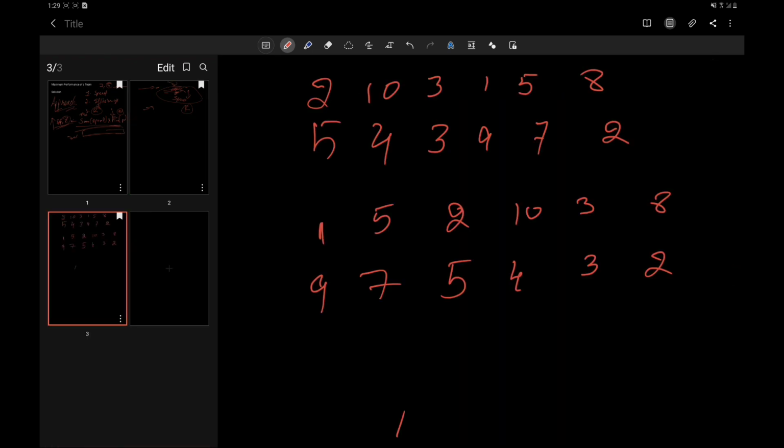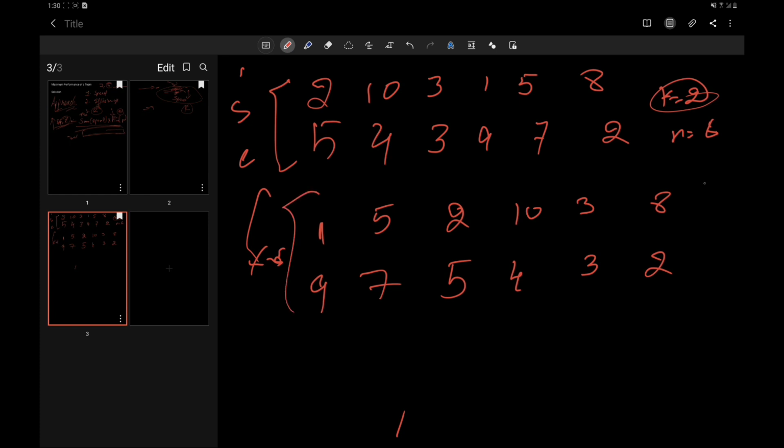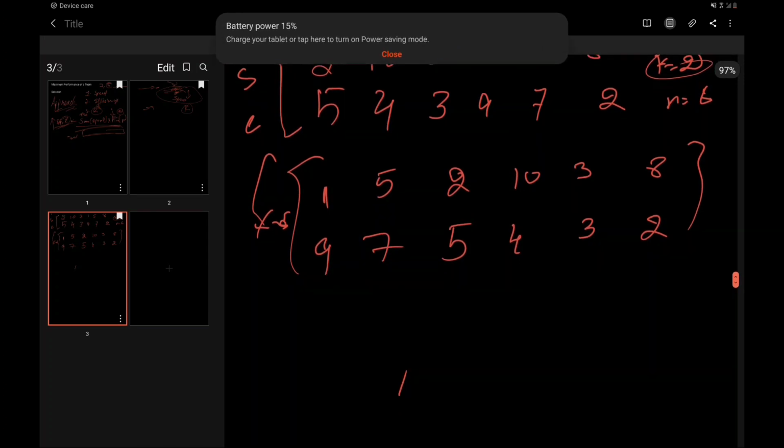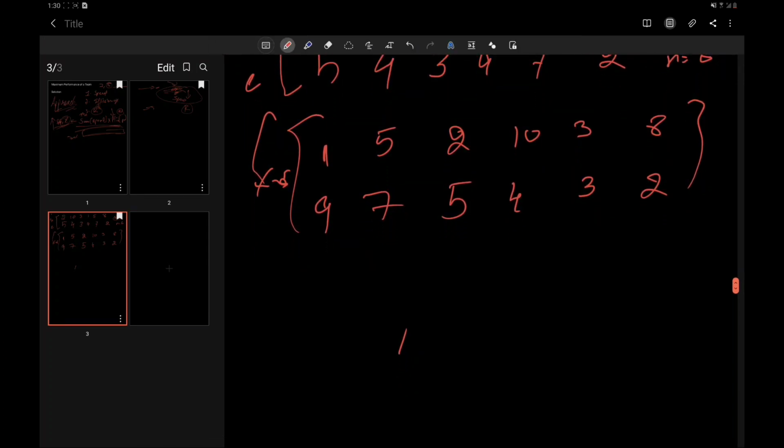All right, so this is the example that we are going to consider. This is the speed and the efficiency, where k is 2. That is the example given to us, and n is 6. Now we sort them on the basis of their efficiency, and it will look like this. Now, how do we move on? Let's suppose that over here we have our priority queue, and the size of the queue is 2.